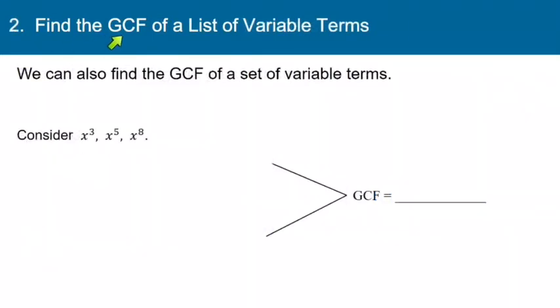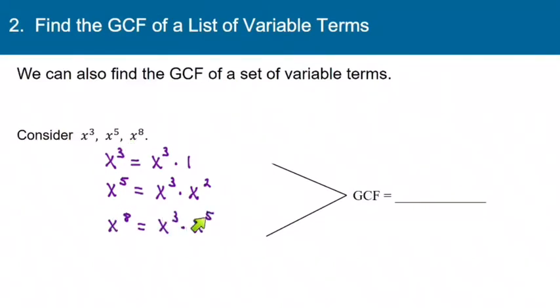Now let's talk about finding the GCF of a list of variable terms. So think about the terms x to the third, x to the fifth, and x to the eighth. The trick is to write them all as a multiple of one common thing. So I can take x to the third and write that as x to the third times 1. But I can take x to the fifth and write that as x to the third times x squared. And I can take x to the 8th and write that as x to the third times x to the